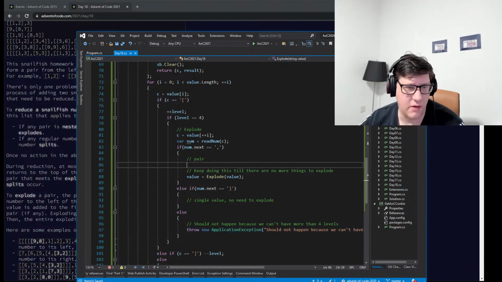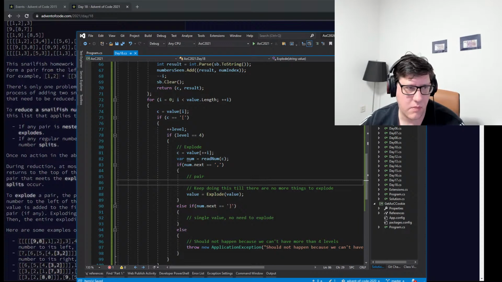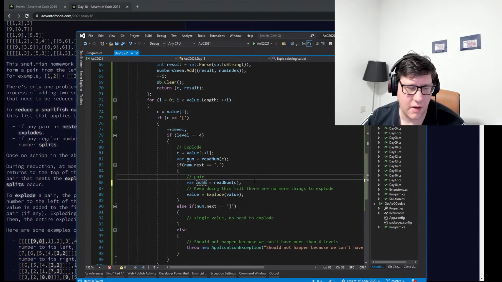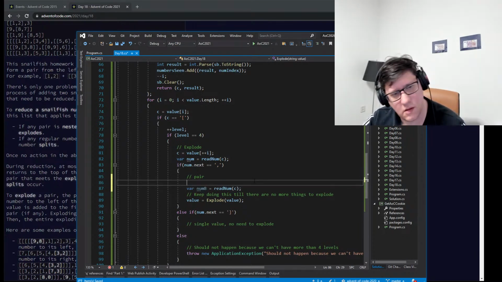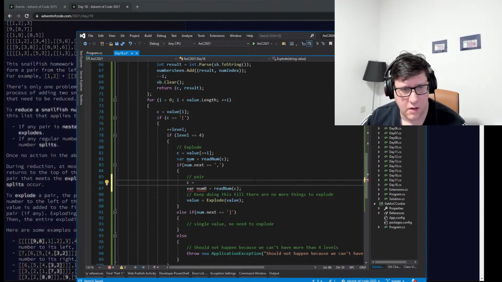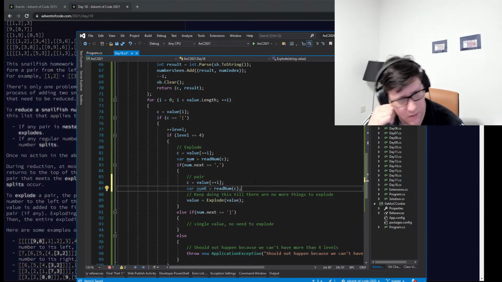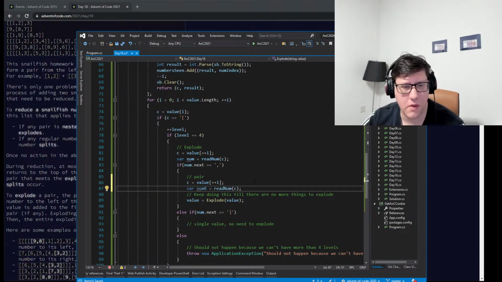So this is fine. Now we just need to do the actual exploding values. So here you have num. Okay, and then you do another one. Num b is read num. Let's see if number next is that. Then we do. Actually, we need to read the value. C is value plus I, and then we read that one as well, which is fine. And then we do